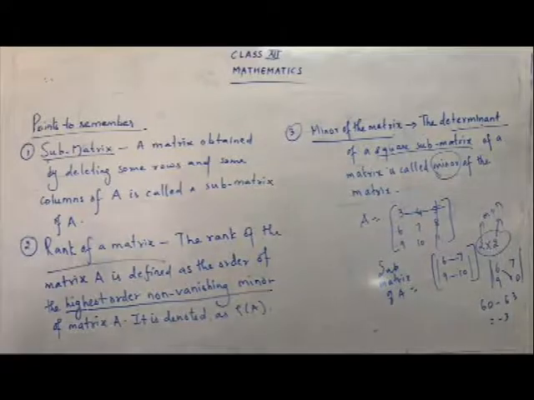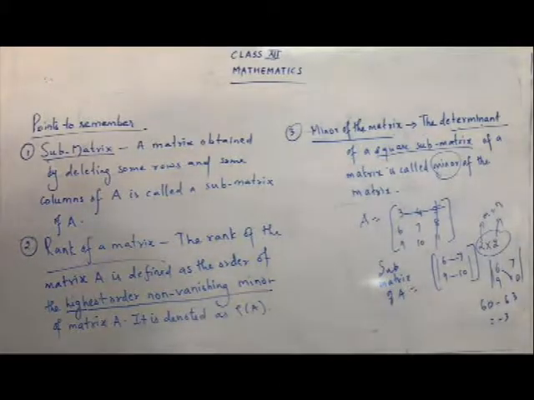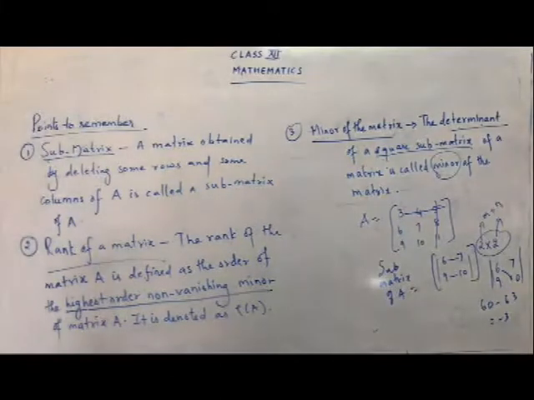Now let's come back to exercise 1.2. Give the heading, exercise 1.2, page 27. You are going to start from exercise 1.2, which is on page 27. Take the first question. Find the rank of the following matrices by minor method. So you are going to use the minor method and find the rank of the given matrix. Take the first subpart.